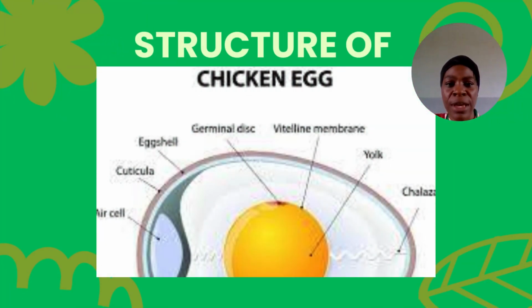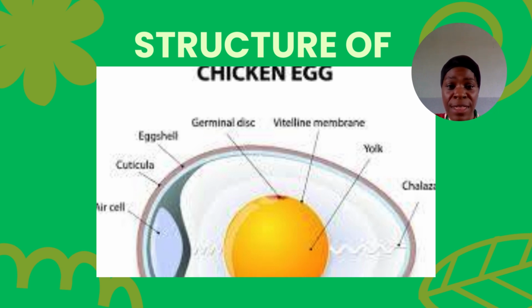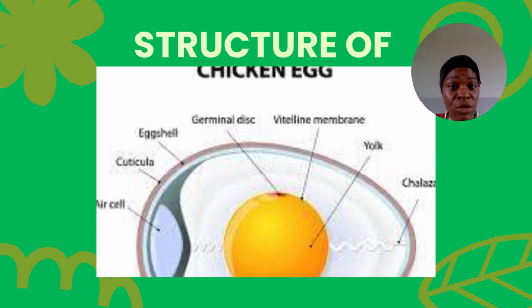So, here's the structure of an egg. You've seen an egg before. I told you the shape of an egg is actually oval or round. Now we have an oval shaped egg here, and it has some parts that have been labeled. We'll look at the parts together. We have this part which says the